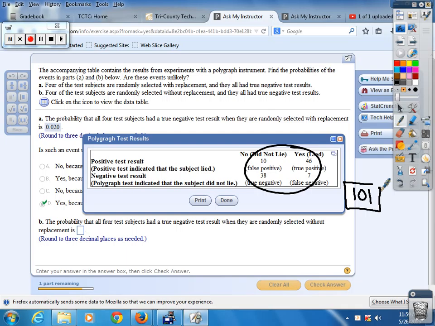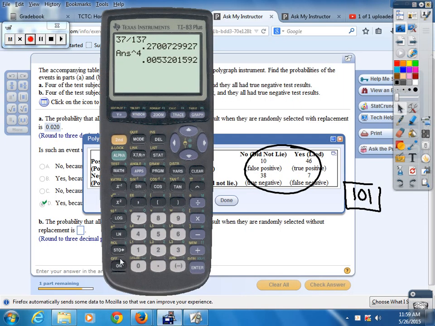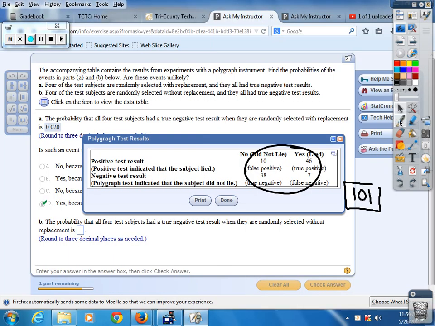Let's check it with our handy dandy calculator and see what we get, just to make sure that I can add decently. That's going to be 10 plus 38 plus 46 plus 7. It's a miracle, 101. Alright, so our first problem, A, says 4 of the test subjects are